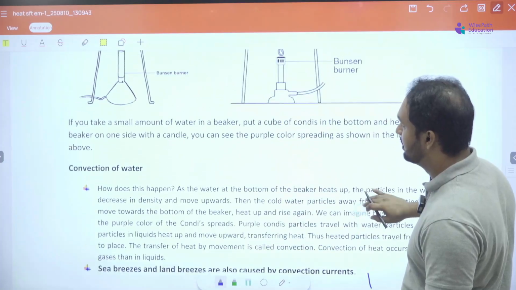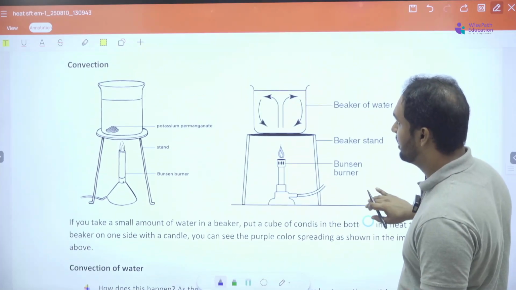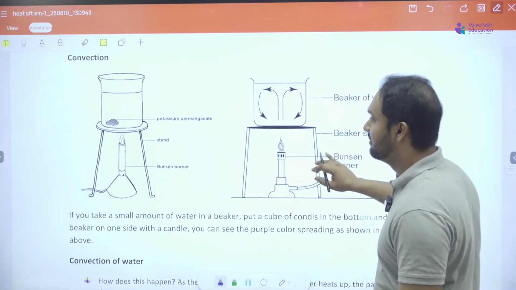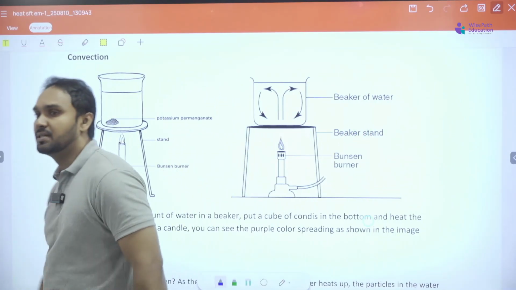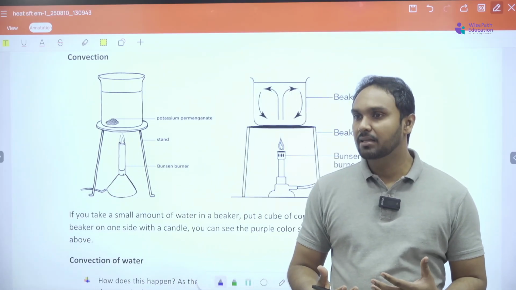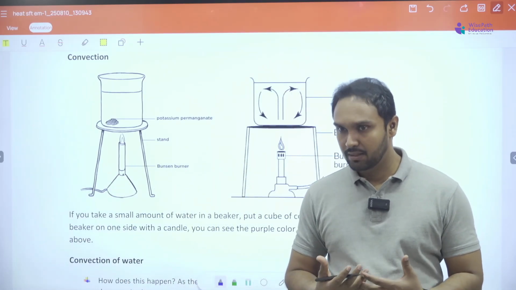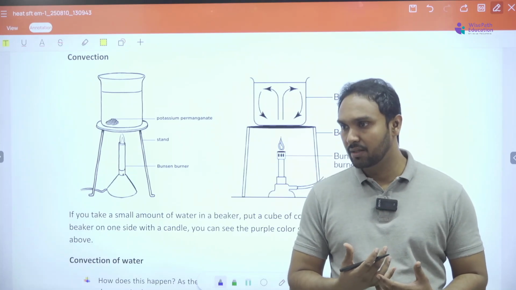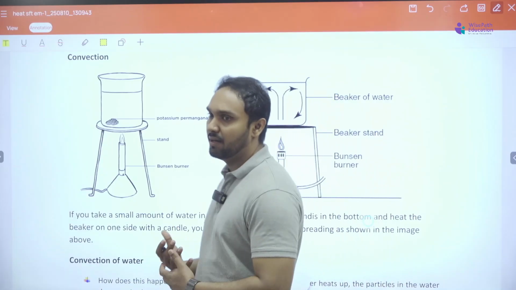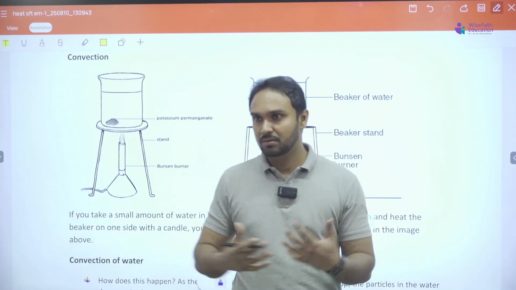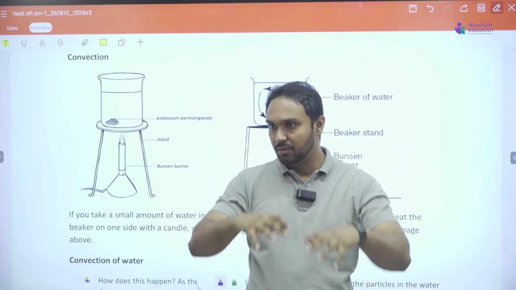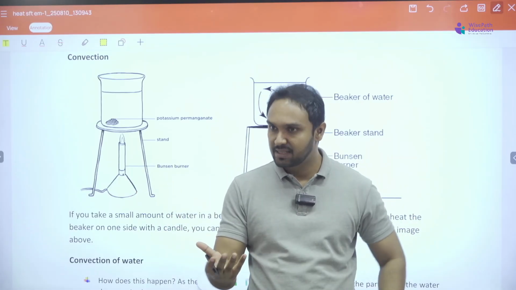Yeah, convection. So the convection we discussed. What happens in the convection? When the particles are staying with more space, not the solids, like the liquids and the gases, they are there with much more space around. They are not attached to any of the surrounding molecules, isn't it? Much of a space is there.